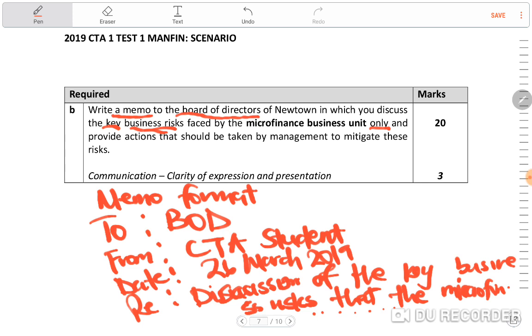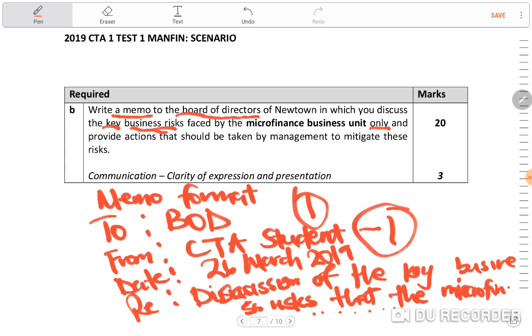So if you had written To, From, and you missed any of the 4 quadrants making up the memo format, you lost a full mark. So this memo format was leading towards the communication mark. A memo format in itself was awarded 1 mark. So for a student who also had the correct memo format but wrote their name on the script, they were awarded no mark. The communication mark was removed due to writing your name.